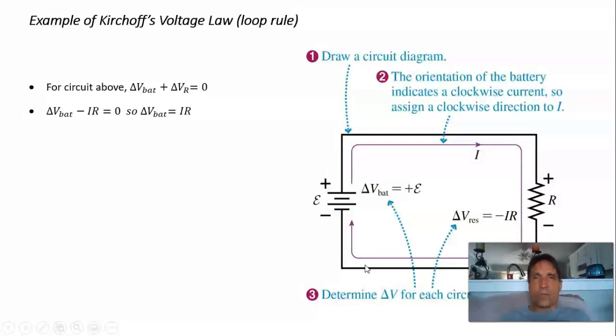Okay, so let's apply Kirchhoff's voltage law, right? It says that if we take delta V battery, the potential difference across the battery, plus the potential difference across the resistor, Kirchhoff's voltage law, or the loop rule, says that they have to add up to be zero. Okay, so the next step is